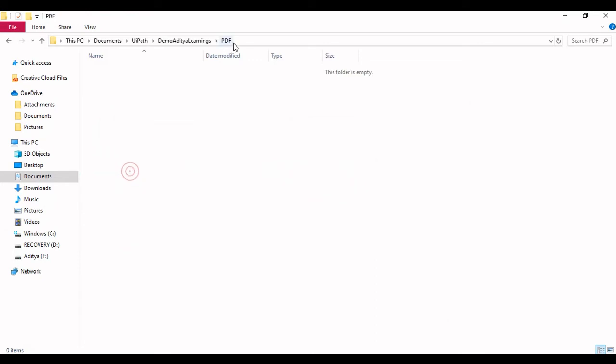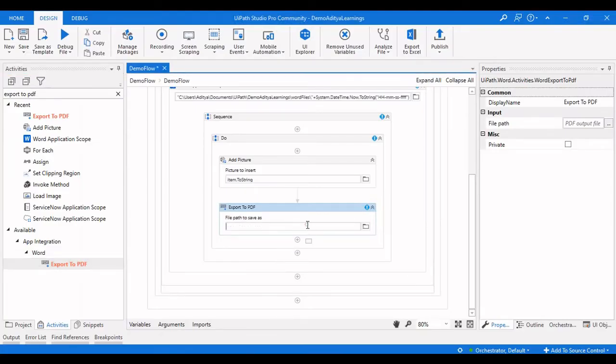Let me copy this path as well, the PDF path, and we need to make sure this is also a dynamic path. So again we will do the same thing here.